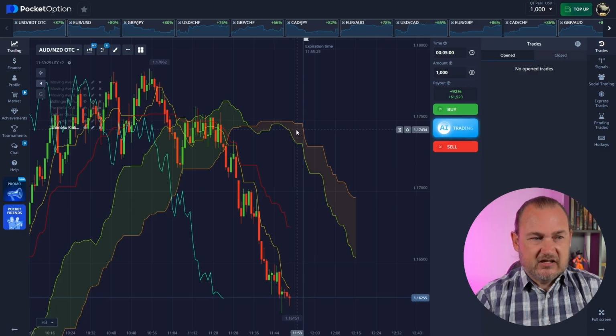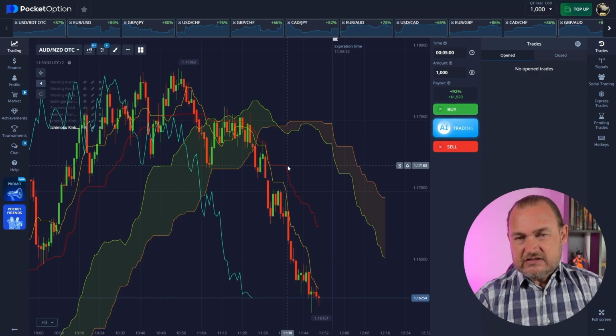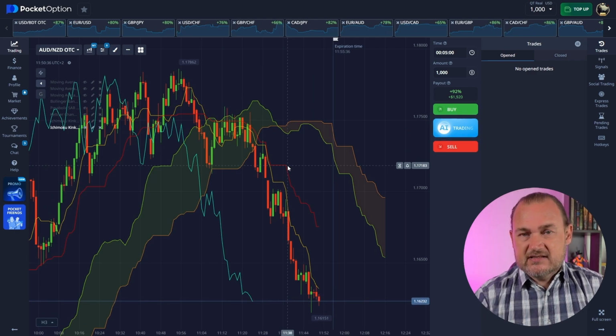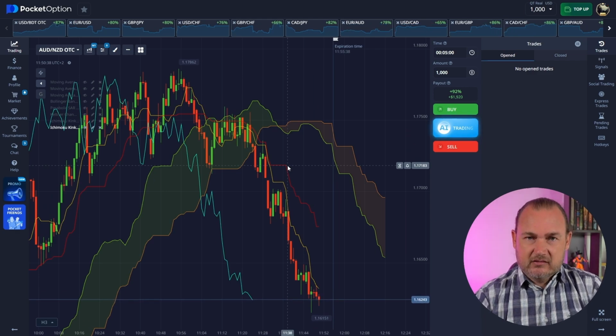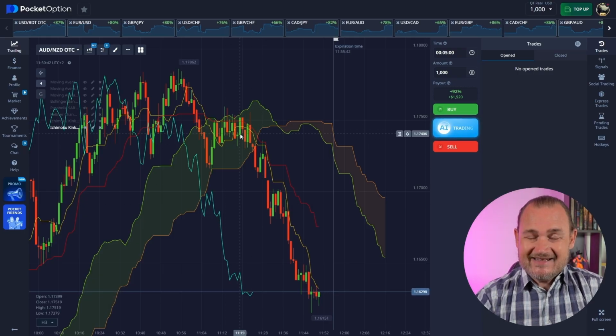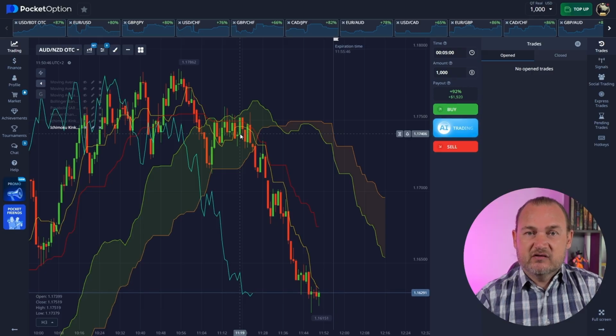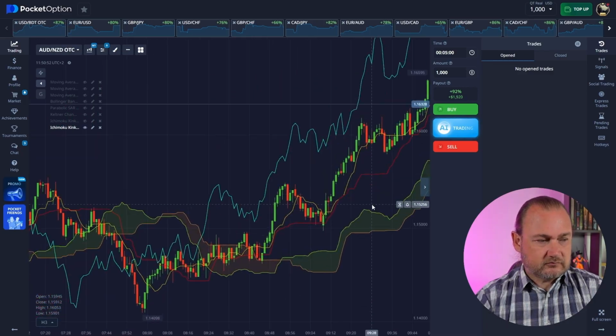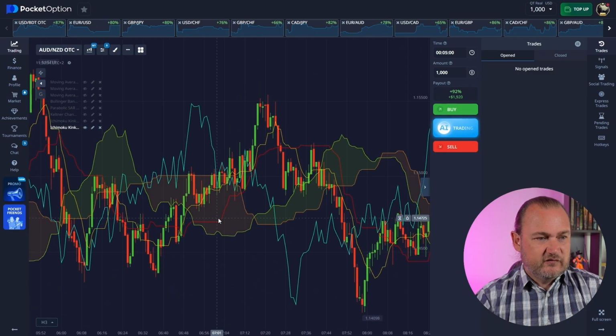Okay, so this is the cloud. The way I use the cloud primarily is as a support and resistance band. You do not want to take trades while price is inside the cloud. You're typically going to be avoiding taking any entries. We're going to look for entries outside of the cloud. But you can see if we scroll that